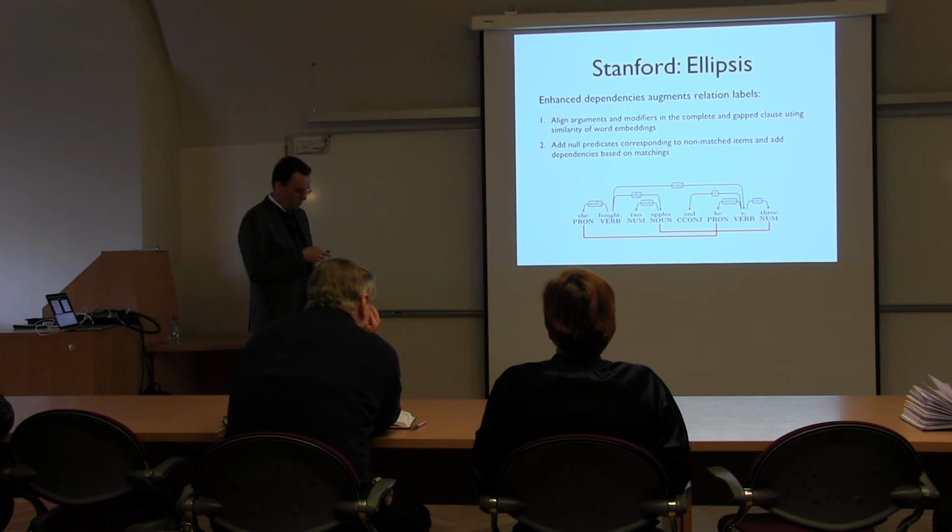And this also, incidentally, tells you that whatever is left over here is the thing that you need to insert. So that's sort of the idea. And then you simply copy the labels from the things that you've paired it up with. So if this is paired with something that has an n-sub label here, you assume that this thing should have the n-sub label.